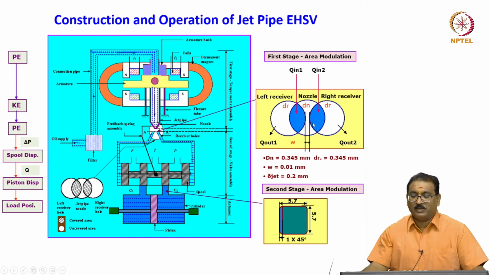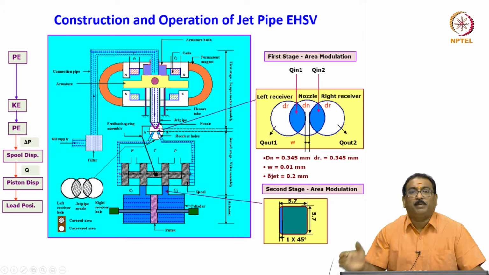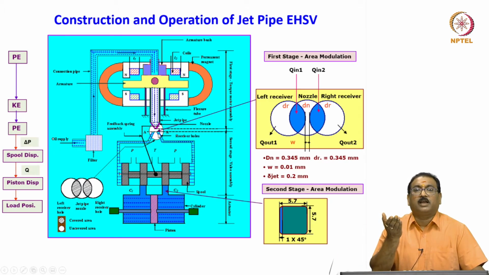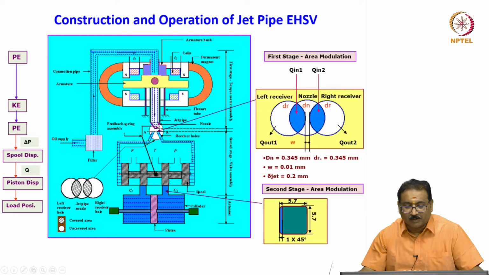You will see here, friends, I am showing you the left receiver and right receiver drilled in the receiver plate. These holes are as close as possible for getting the maximum pressure recovery. And the top of this is a nozzle. Please see here, I am showing you the top side, you will see the nozzle is coming here. These are the opened areas, correct.